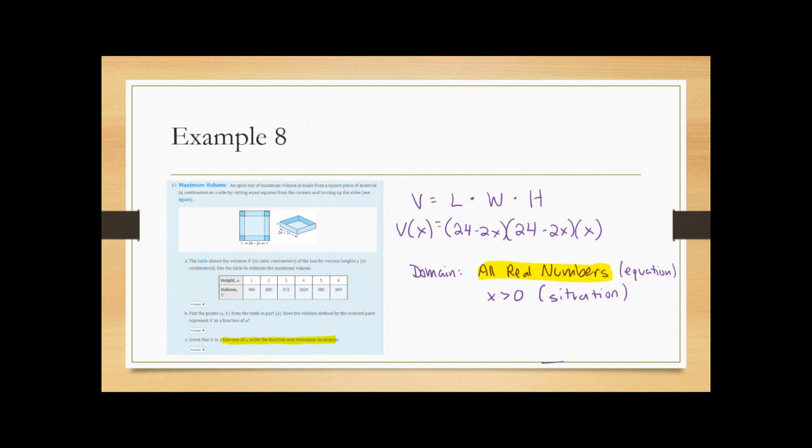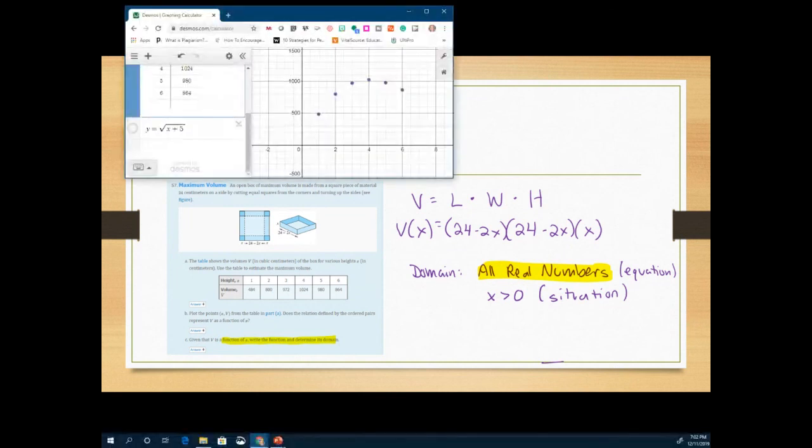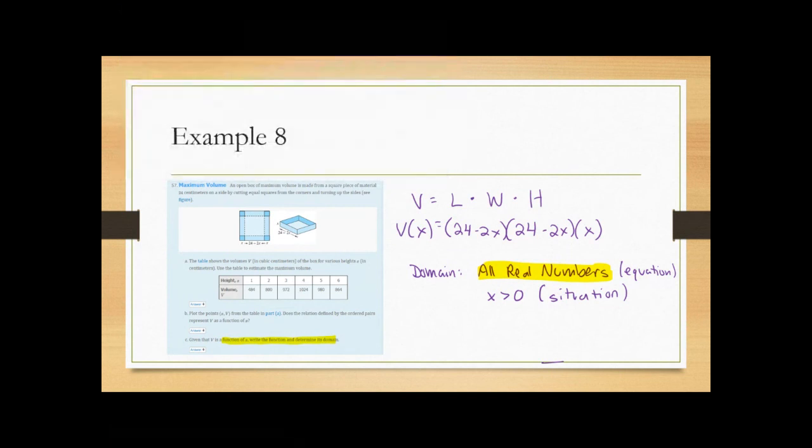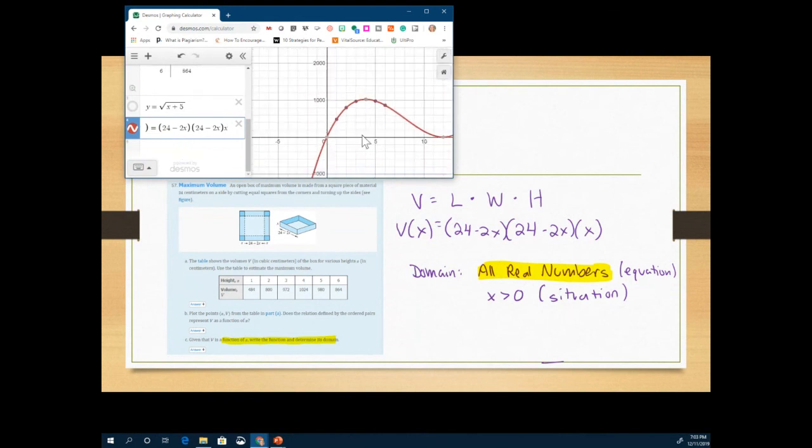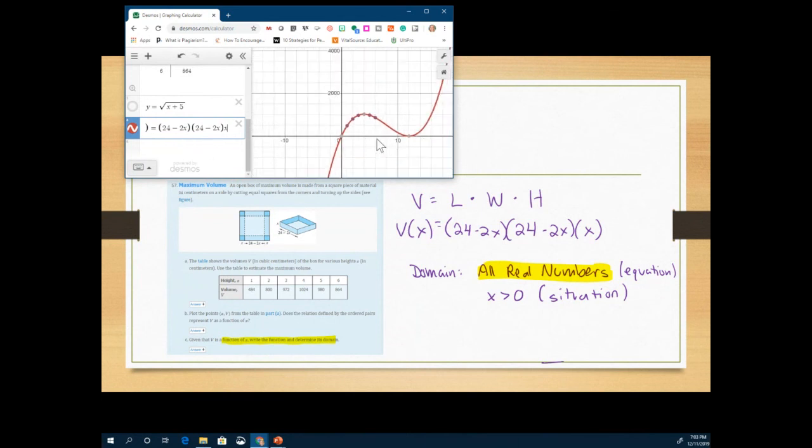Now, the problem doesn't say anything about graphing that equation, but I figure let's graph it because why not? We have it. We figured it out. So I'm going to just type in v of x equals 24 minus 2x, 24 minus 2x, and x. So you can see it forms the graph, and it's interesting because since x is in there